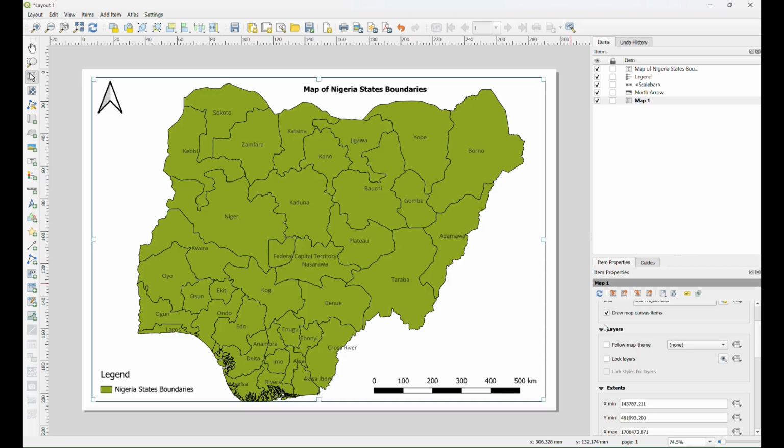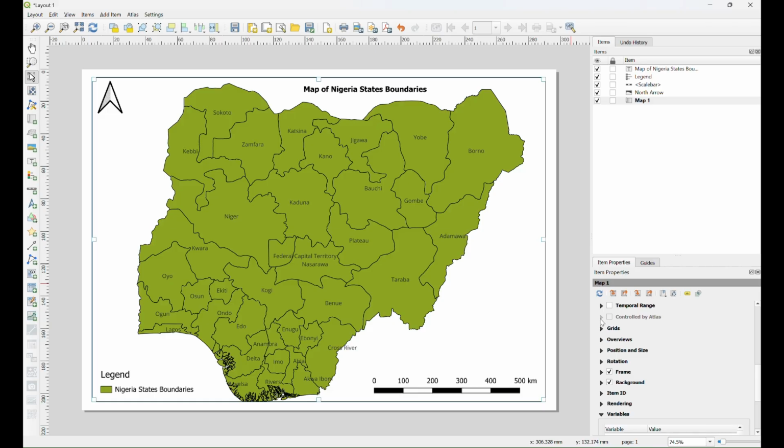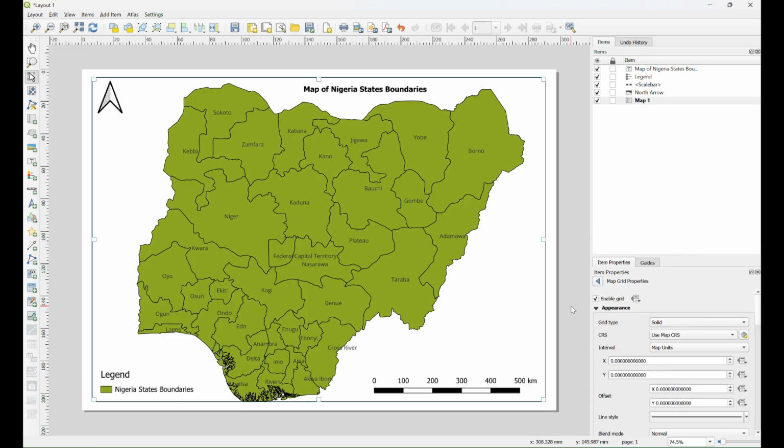And the last final thing that I'm going to show you, by adding the grid, is also acceptable. So we can scroll down, look for grids, create grid, add, click on the green button or the plus sign, click on the grid one, and click on modify grid. If you click on modify grid, the coordinate referencing system is going to use the map coordinate system,